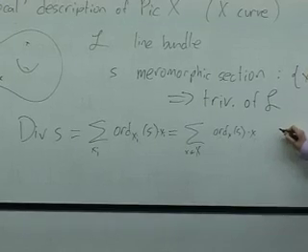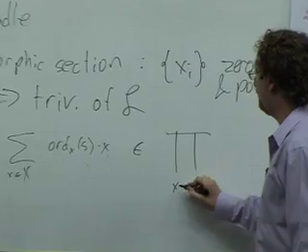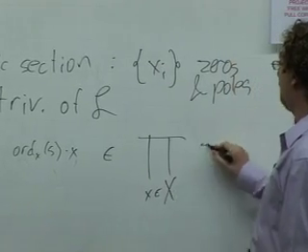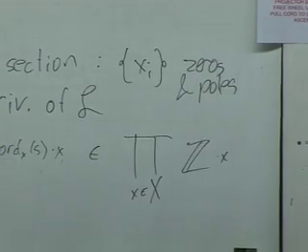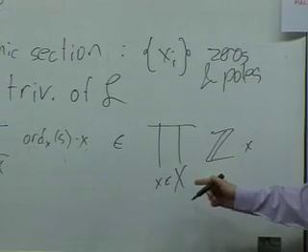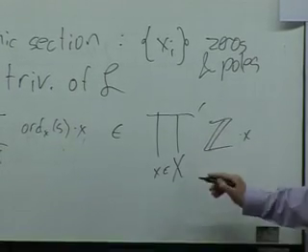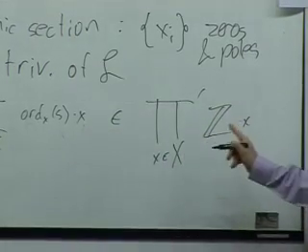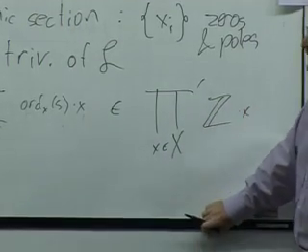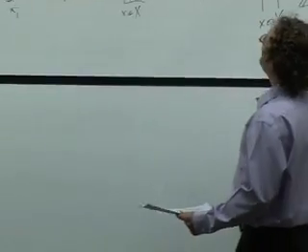And so where does this live? This lives in a product over all points x in X of a copy of the integers, times a basis element x, except that, well, it's not so bad. We put a little prime on this to say that at all but finitely many points, we get 0. So these are the kind of sums we get. These are finite sums. OK, so this is great. This is very familiar. This is what a divisor is.